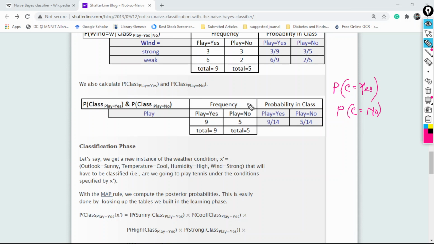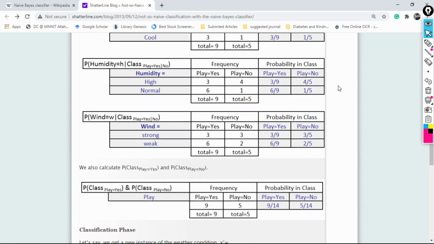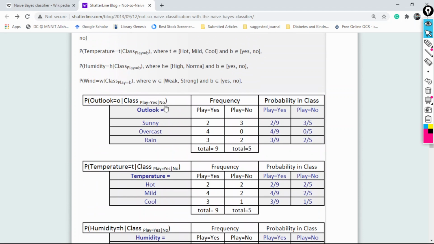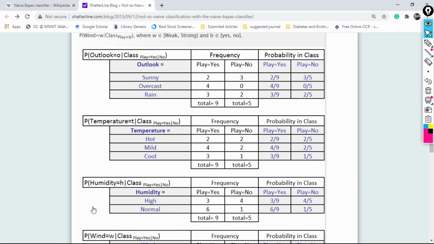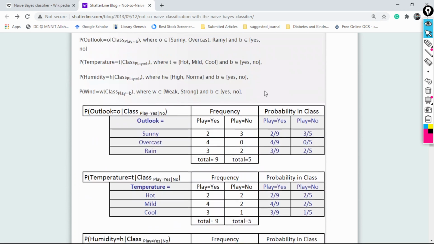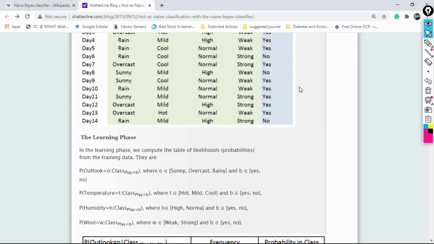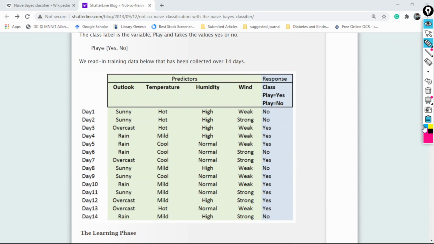Okay. So now, in the training phase, we have to calculate these 5 tables. This is for feature 1, feature 2, feature 3, and for the class labels. So if you just see this thing